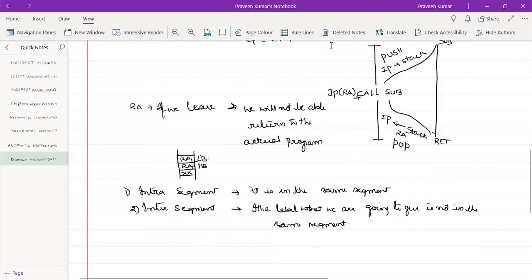If it is not in the same segment, what do I have to store? I have to store two different values. If it is not in the same segment, then we have to put both the code segment address and the offset address, that is the IP address, into the stack.